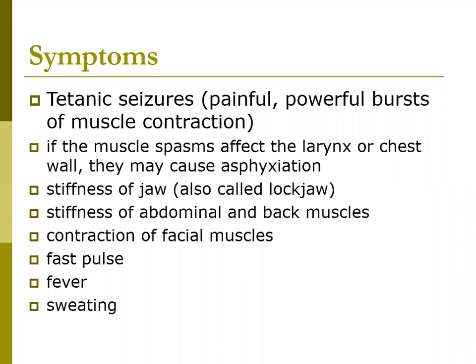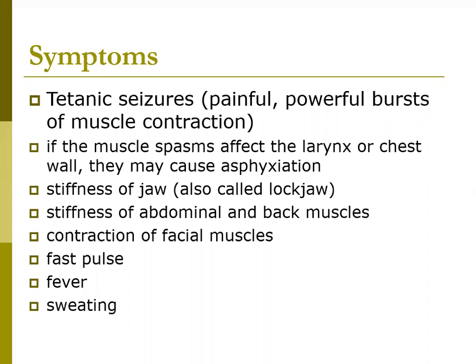So these are known as tetanic seizures. If the muscle spasms affect the larynx or chest wall, they may cause asphyxiation. I mean, the stoppage of breathing or low respiration rate, they all come under asphyxiation. So stiffness of the jaw, that's also known as lockjaw, stiffness of abdominal and back muscles, contraction of facial muscles,